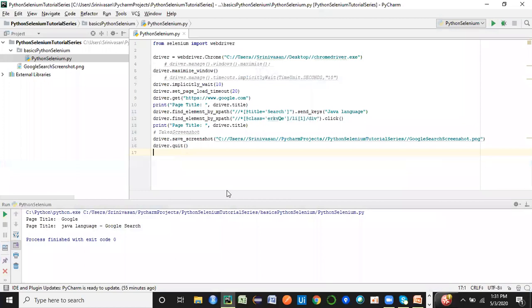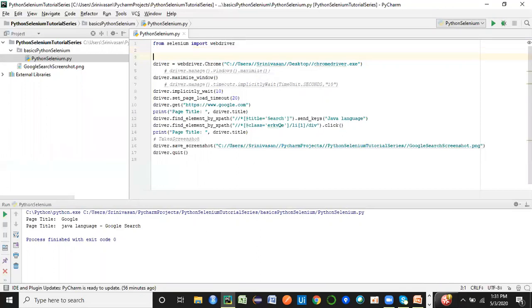So this is what we had done last time and this was the output. We had launched the Google application and we had got the title. Now I'm going to make this more organized, because when we are working with any framework creation in any programming language, it should be organized, with proper methods being called, because every time you write code, it should be reusable. Any other script which wants to use the same code should just be able to call the method.